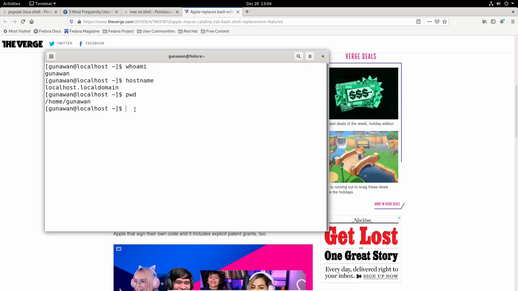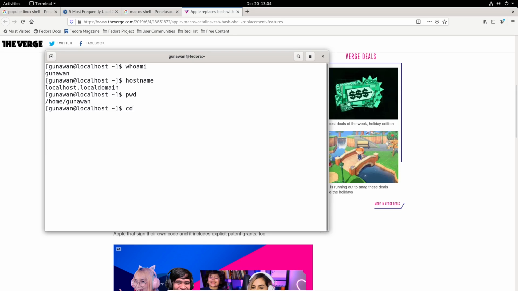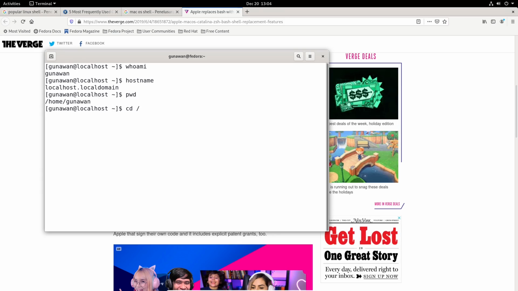Okay, we will test whether it changes if we go to another folder. Okay, we will check. cd root. Okay, you can see that we are now in the root folder.